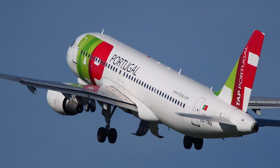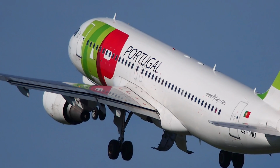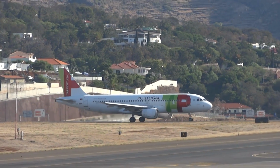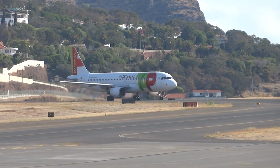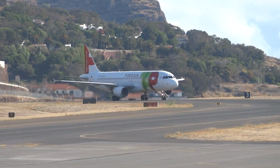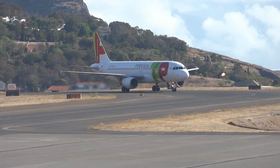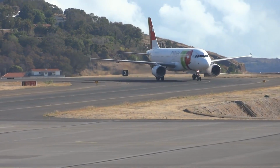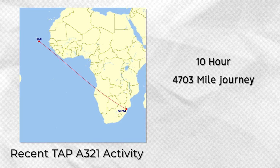Narrow bodies are usually found on short and medium-haul routes. However, over the last few years, airlines are gaining confidence to deploy them on longer journeys due to the capabilities that planes such as the A321LR bring. The A321LR has shown its value during its tenure with TAP. In March, it took a 10-hour flight across Africa. The plane started in Maputo, Mozambique, on the east coast of the continent, to fly to Praia, Cape Verde, in